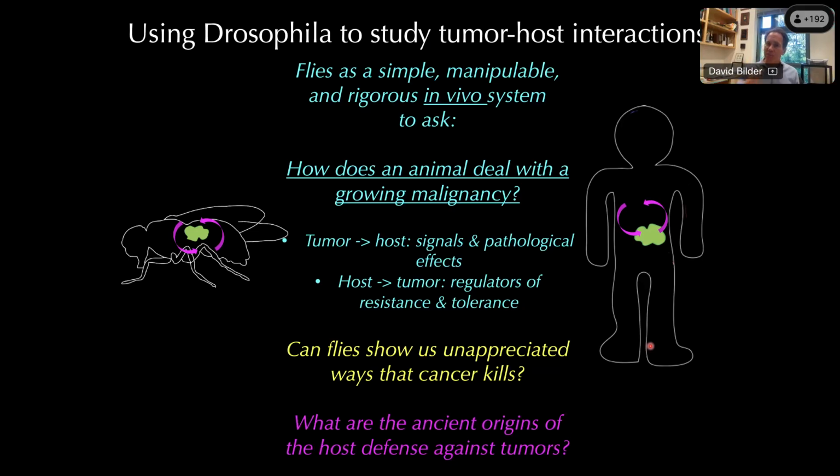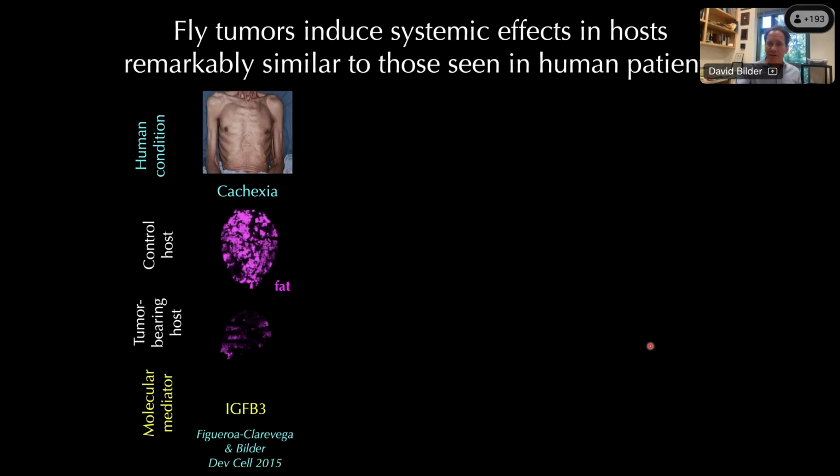And we can ask this both from the tumor side, asking how does the tumor negatively impact the host tissues to kill it? And we can also ask how does the host tissue respond to try to fight resistance and tolerance to the tumor? And we think that the fly, because of its advantages, can give us unappreciated insight that we're not getting from these other vertebrate and mammalian models. So what I want to do in the last 5 minutes of my talk,